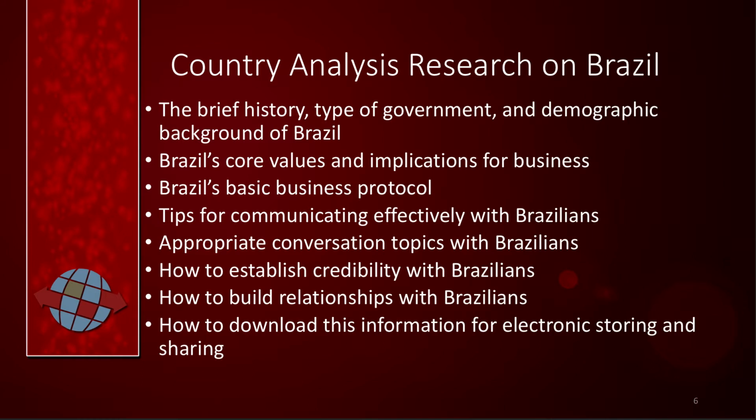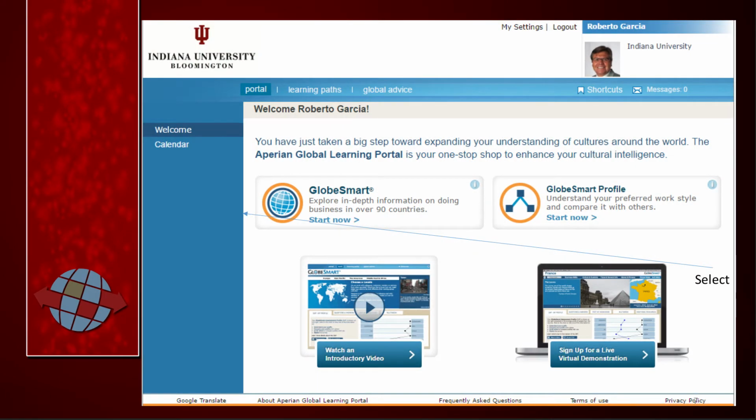And if I wanted to download this information and keep it for the report or for later use, how could I download information from GlobeSmart and keep it, let's say, in a PDF document and store it? Great. So this is all in here, right? So yes. Where do you begin? So this is the